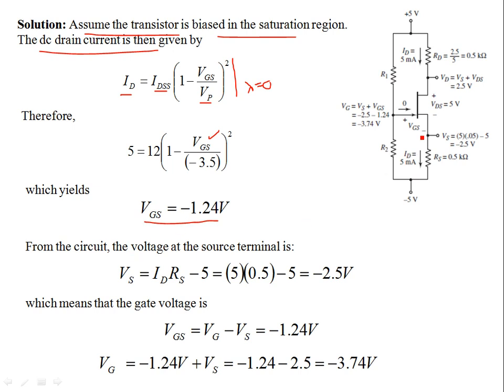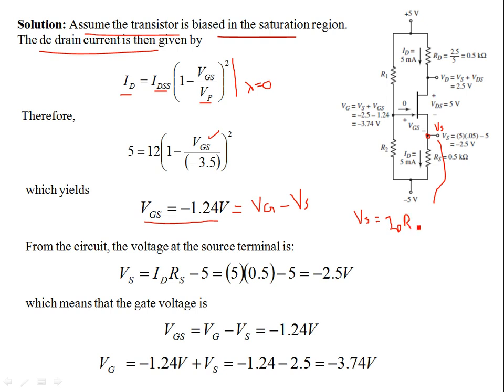Now if you look at this circuit, you can find VS, because you need VG. VGS is the potential difference of gate and source, so this is VG minus VS. In order to find the potential at the source, you see that the drain current is the same as the source current. You can write the KVL for the output loop at the source terminal of the transistor. Well, VS is given by ID RS,